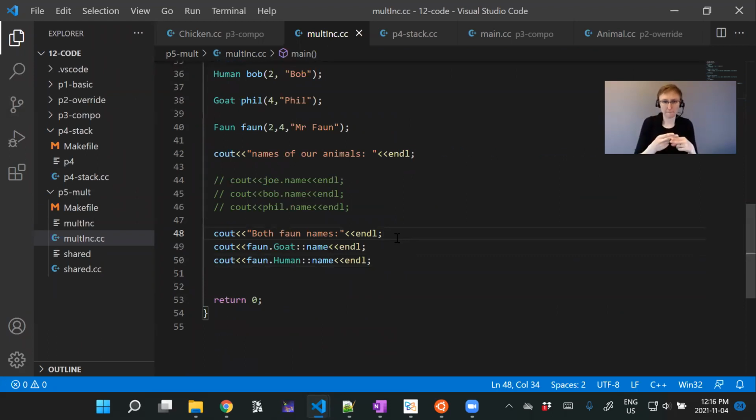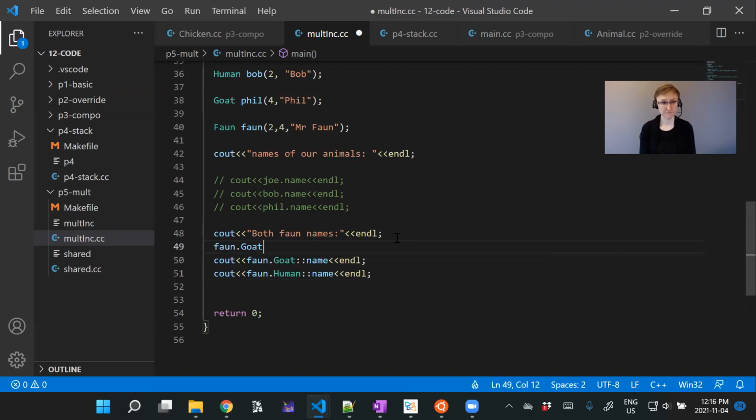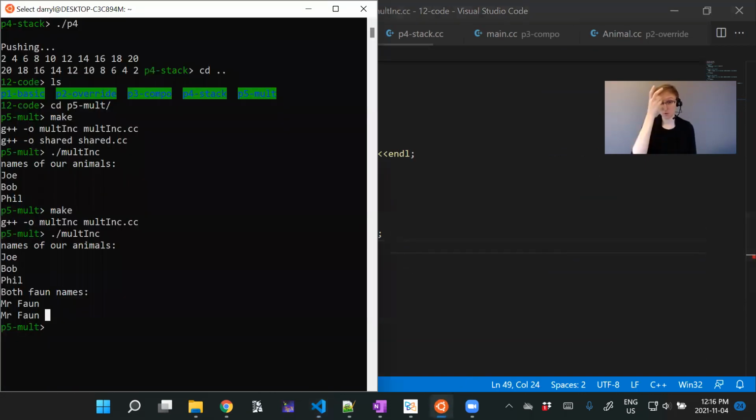What we really want is only to have one name. For instance, we could do something like this: fawn.goat, since these are public, dot name equals Joe. I can change the goat name to Joe, and then when I print them out,